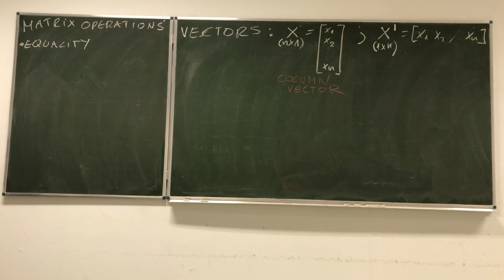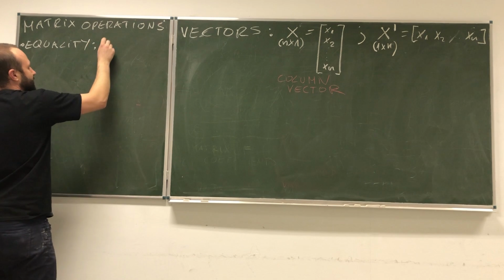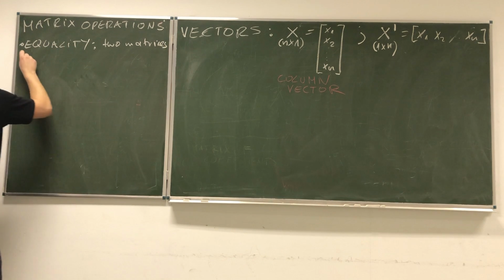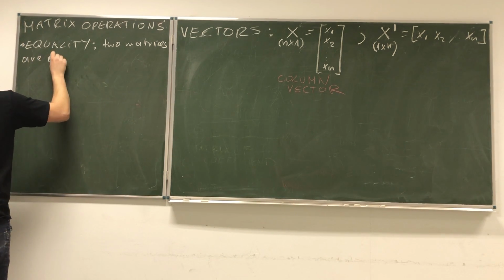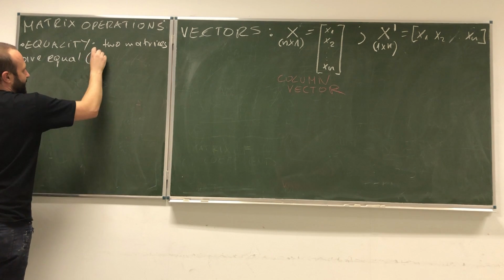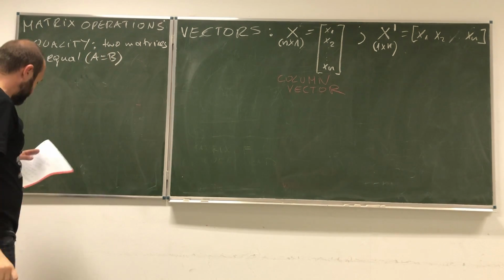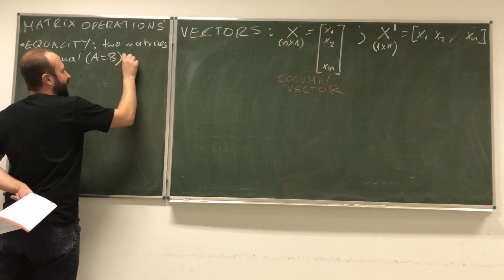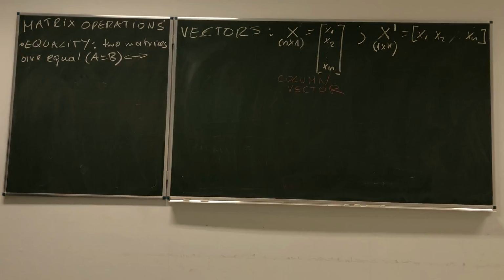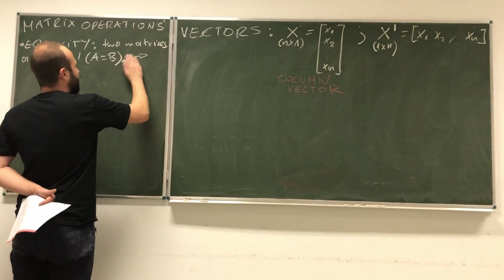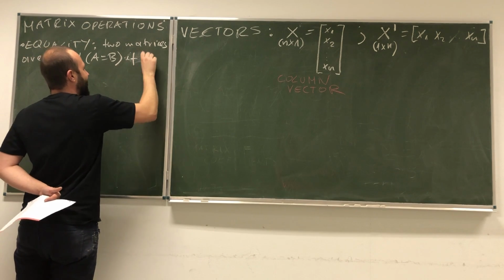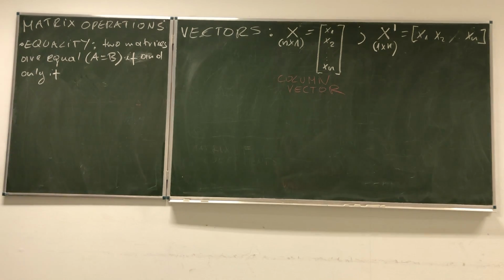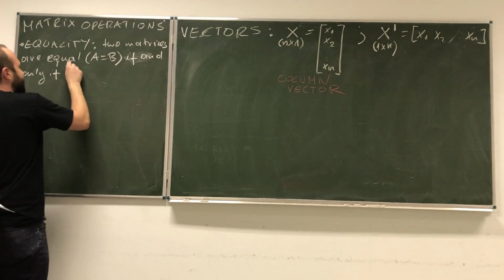So, basically, we say that two matrices are equal, so we can write that A is equal to B, if and only if they have the same dimensions